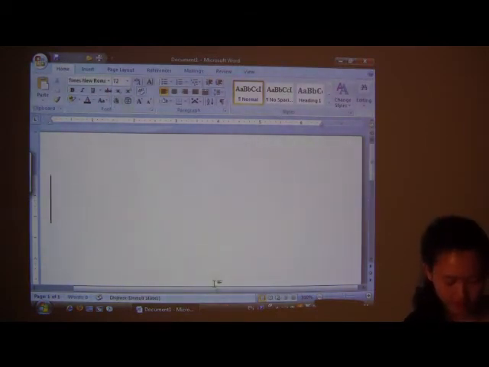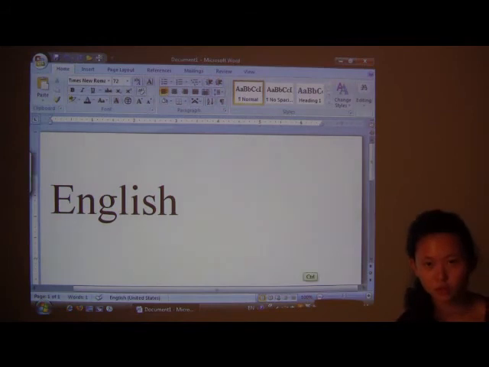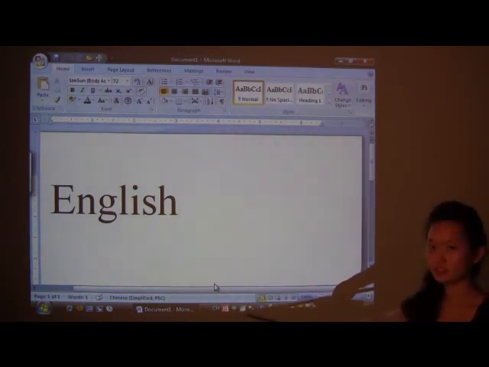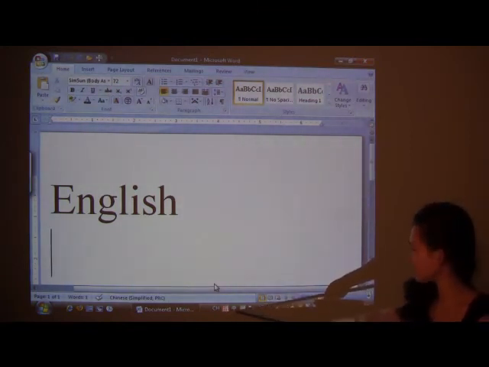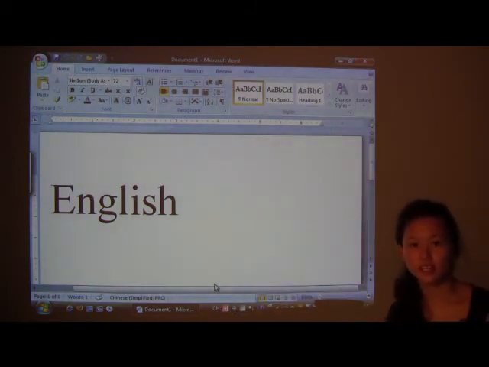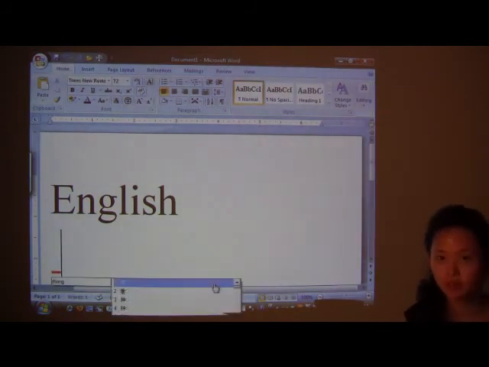So this is English. That's not what we want. We want Chinese. Control space. And your little bar at the bottom, right here, now that's a lot smaller. It's going to Chinese, and it says Zhong. So now what do you want to say? Chinese? Well, that's 中文. Remember, type in the pinyin, ZHONG, and you get your little